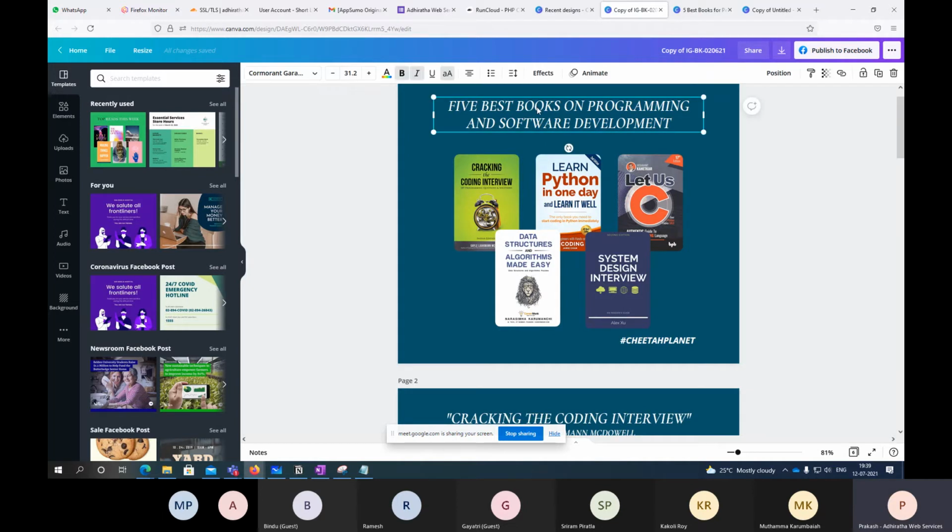This title also we will do a little research on. It is not that any title we can put. It should be Google friendly, that means SEO friendly. You will learn slowly, don't worry. This title, how we are putting it, you can say books for programming, but is that going to help Google? I don't think so. So we'll do a little research on how to put a title for anything you're writing or creating.